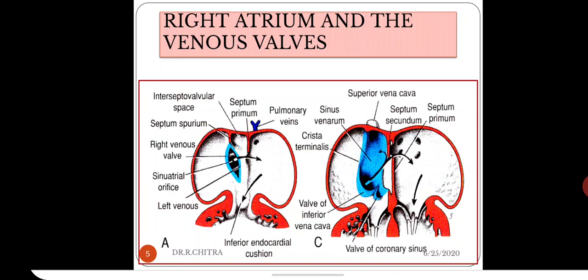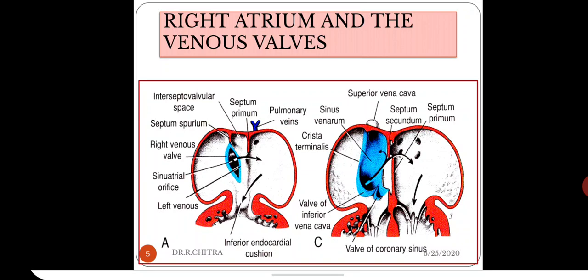Then we also saw the formation of the interatrial septum. The interatrial septum started with the formation of the septum primum from the roof of the primitive atrium, so that it tries to reach the septum intermedium, which is formed by the dorsal and ventral endocardial cushions. Between the septum primum and septum intermedium, there is the foramen primum. After some time, the septum primum fuses with the septum intermedium. There is a gap in the upper part. It will be called the foramen secundum.